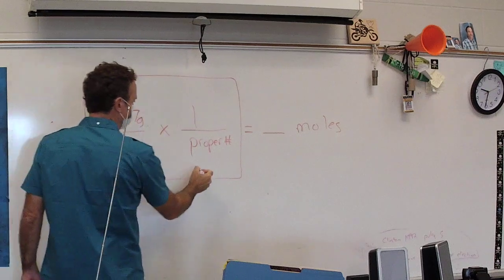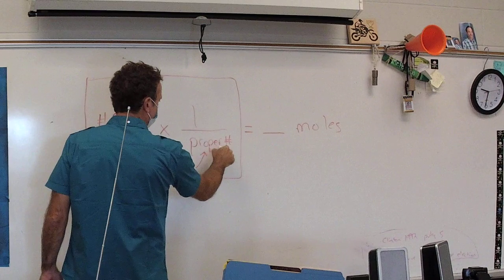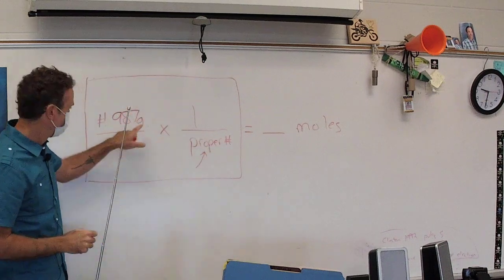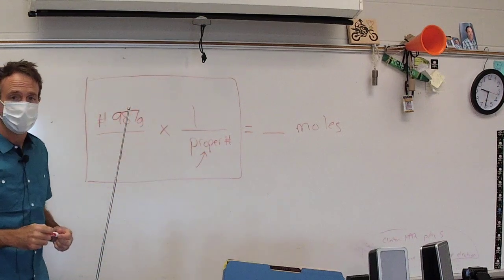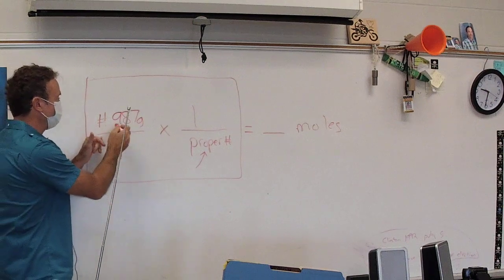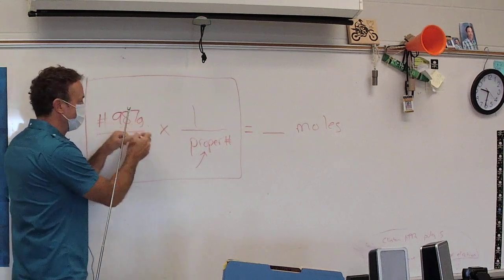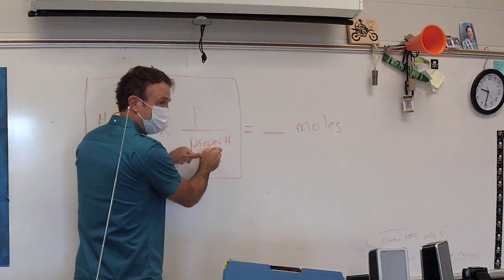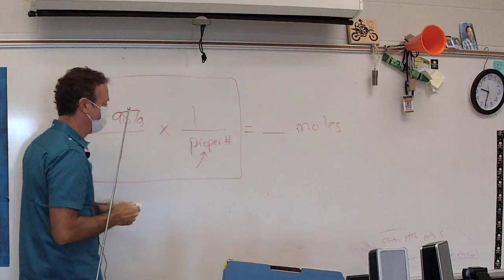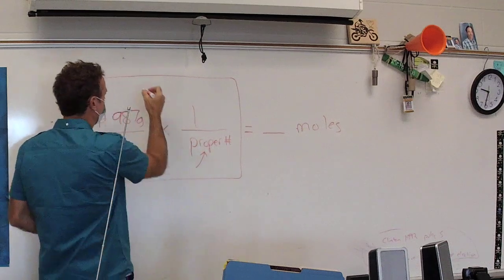So now we need the proper number in grams for radium hydroxide. See, if this number is in grams, then this number right here needs to be in grams, the proper number. The formula for radium hydroxide is